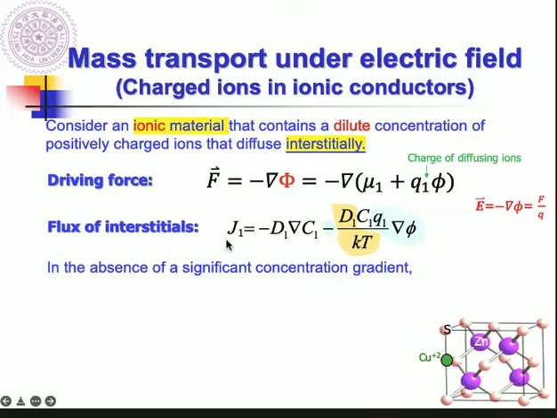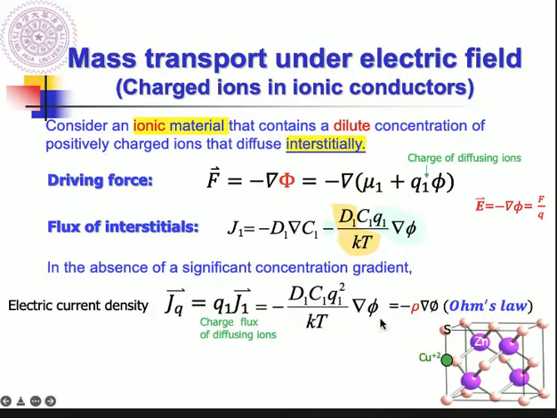It is the number of copper ions. If you multiply by the charge, you will get the electrical current density. So we use J1, the flux of interstitials, times the charge this interstitial atom carries, and then you can get the current density. So we directly multiply Q1 with this term, you will get this, and current density needs to obey Ohm's law. So you compare these two terms, and you get the electrical conductivity of this